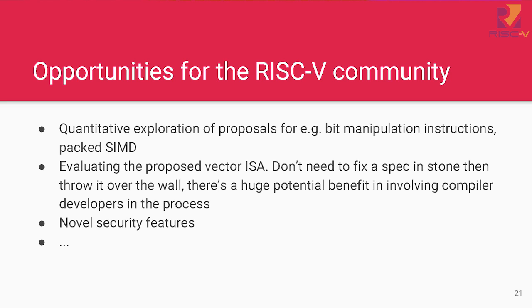I think there's a really interesting opportunity with the vector ISA, so the work Chris was talking about, which is really exciting, where viewing how other ISA vendors tend to work, often it's very much kind of thrown over the wall. A specification is written, and it will have been written with some internal compiler developer support, and then it's thrown out there. This is spec v1.0. Do what you can with it. Maybe the compiler writers will complain, and they'll have a 1.1 or a 2.0, and it'll be fixed later. But there's a real opportunity to do better than that in the RISC-V ecosystem, to really pull in the experienced compiler developers who have been banging their heads against the wall about weird decisions made on whatever ISA it is they're targeting, and kind of gain from that experience.